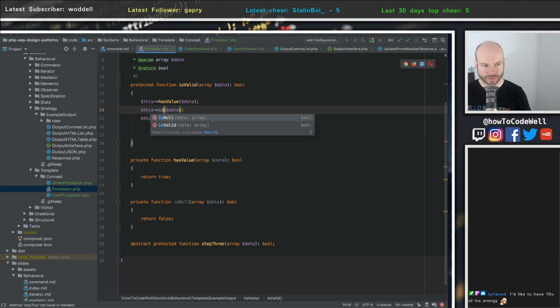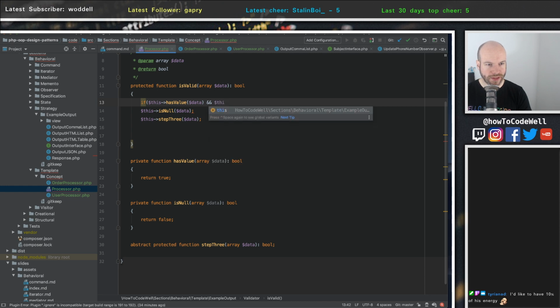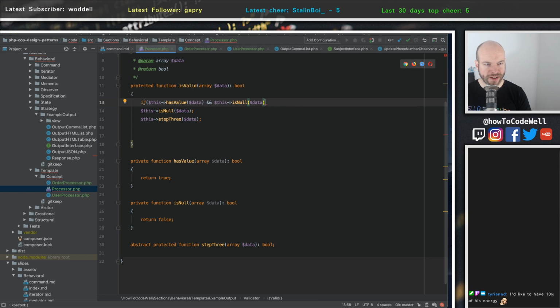And then we've got is null there. So imagine, if you will, this is data about the form, right? And we want to create an if here. If has value, okay? And this is null, passing in the array. So if that is false, so if has value is true, so we do true, 1, 2, 3, and is null is false, 1, 2, 3. Okay, then what we do under here,